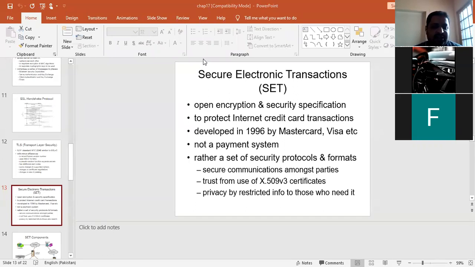So in order to securely send the data, or securely perform different transactions used by different credit cards like Mastercards or Visa cards or some other cards, they use a method called Secure Electronic Transaction, which is used to provide secure transactions between different cards in the system. For example, it is used to provide the connection between a user